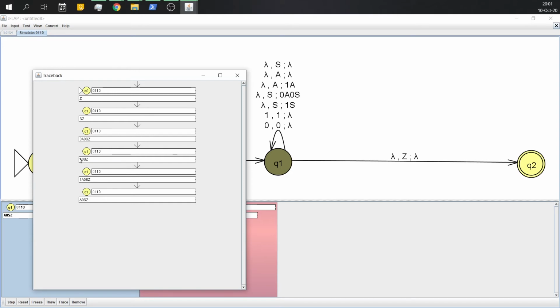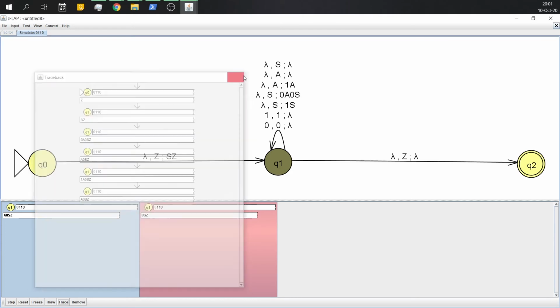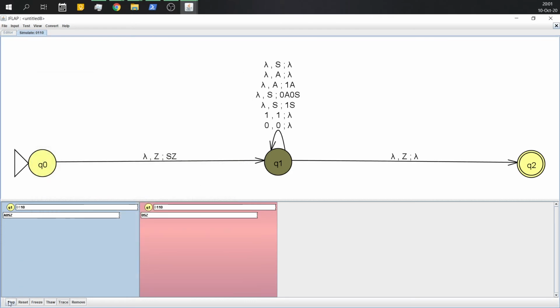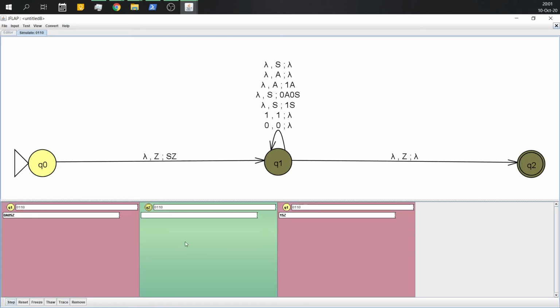Now again A is popped out of the stack, and 1A has been pushed into the stack. Now at the fifth step the status of the stack is 1A0SZ. So let's complete the parsing till the last. Now here we can see a green state is reached, that is q2, which is the final state.